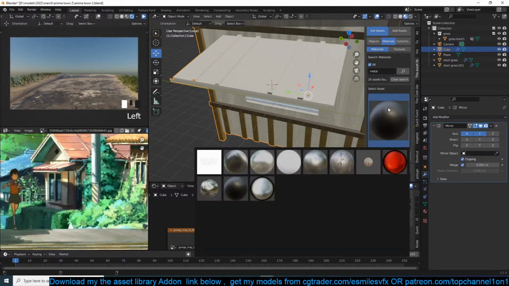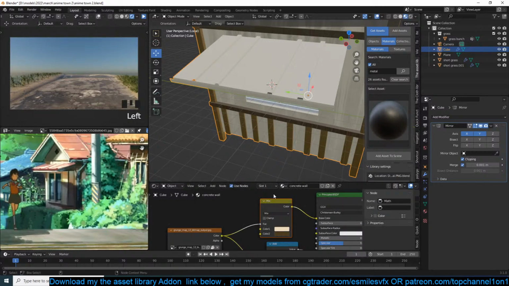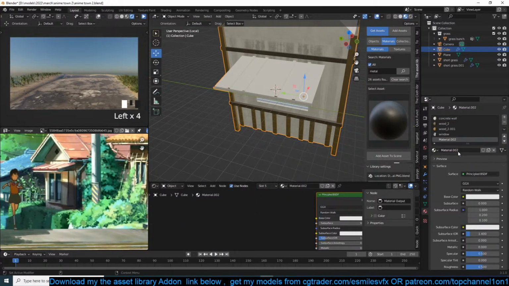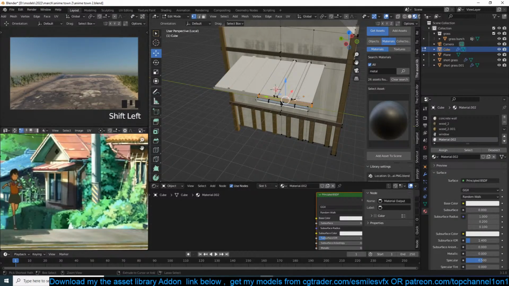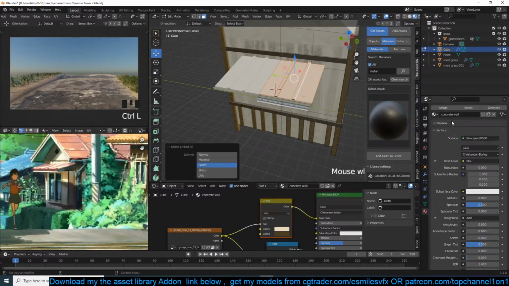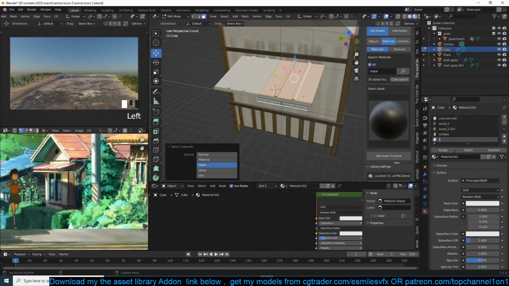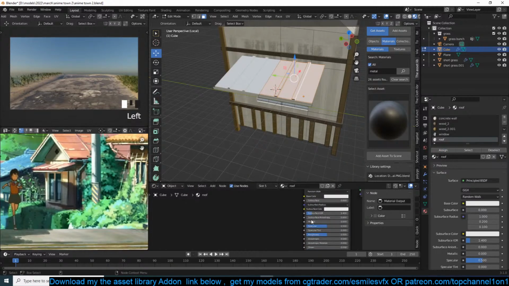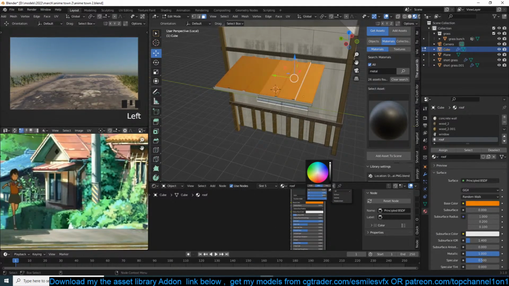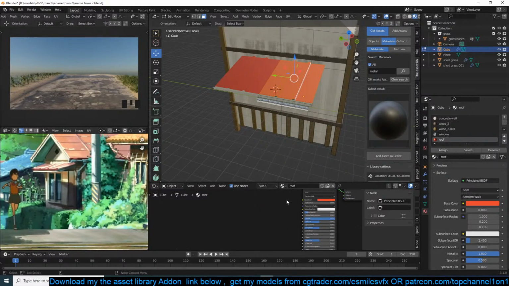Oh, let me just create one from scratch. Just start with a new material, assign it to this. I'll call this roof, and basically what it is going to be, first metallic, and it should be reddish like that, and then we can use